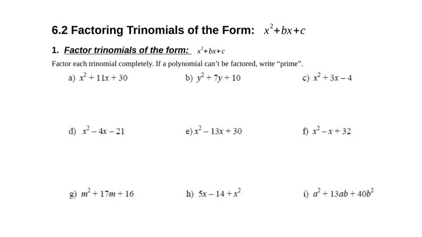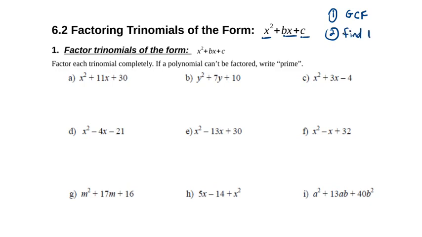Factoring trinomials of the form x squared plus bx plus c. So here we have trinomials, three terms: 1, 2, 3 terms. To factor these, if they factor, step one, always, no matter what kind of polynomial you're dealing with, look for a GCF first. Okay, then to factor this type, you are going to find factors of c